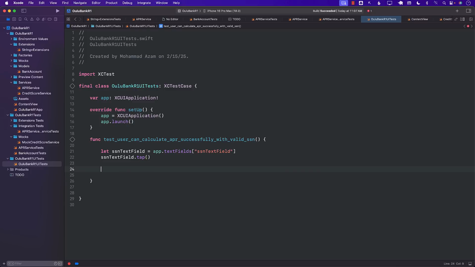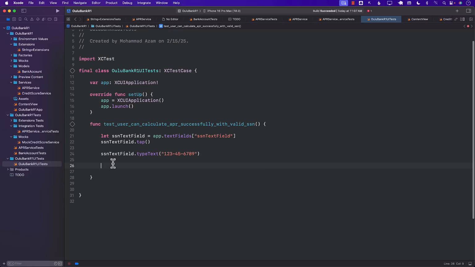Once they tap on it, then they can go ahead and enter some sort of a social security number, which can be 1, 2, 3, 4, 5, 6, 7, 8, 9, whatever. Okay. Then we will get access to the button, the calculate APR button. So I'll say calculate APR button equals app.buttons